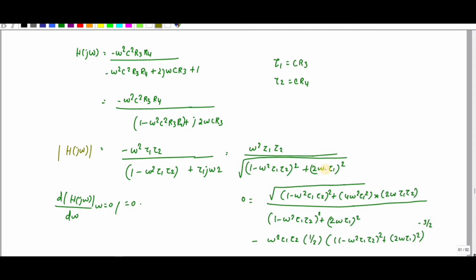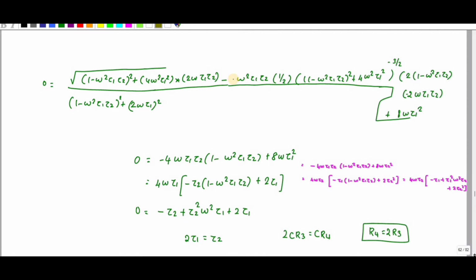I am going to differentiate this whole term using the UV method. For V I have to take the whole square. If I take the whole square, the root term will cancel out, and I equate it to 0, so the denominator term will cancel out. Now you take the entire V term. This is your V, and you have to differentiate U. If I differentiate U, I will get 2 omega tau 1 tau 2, minus